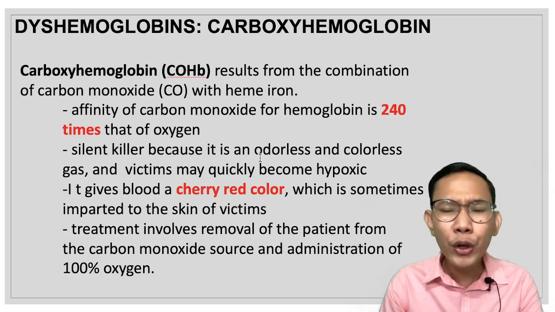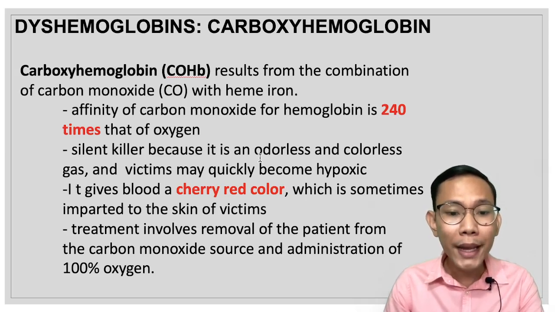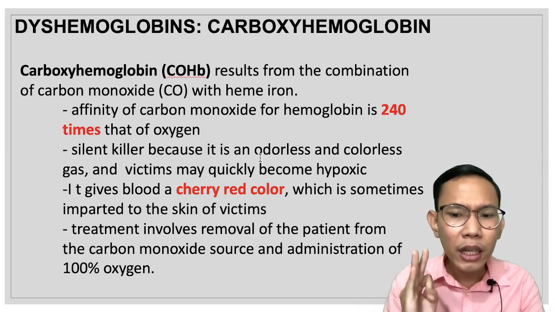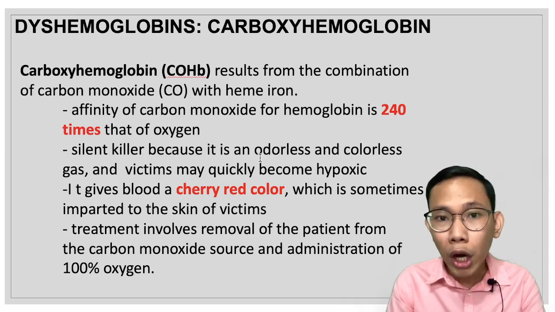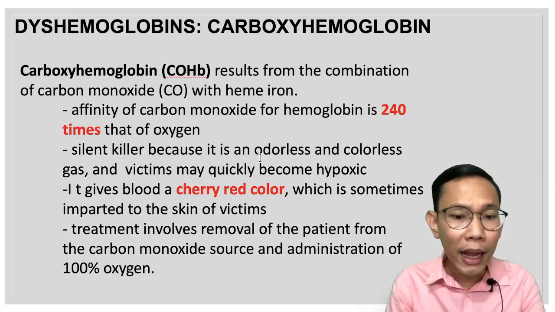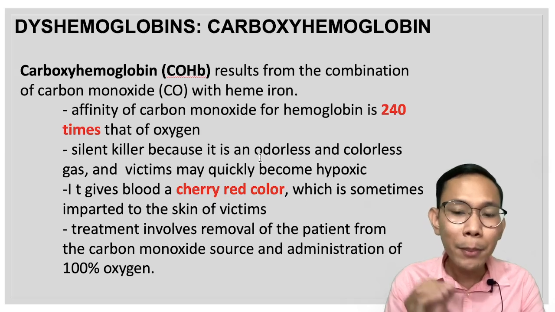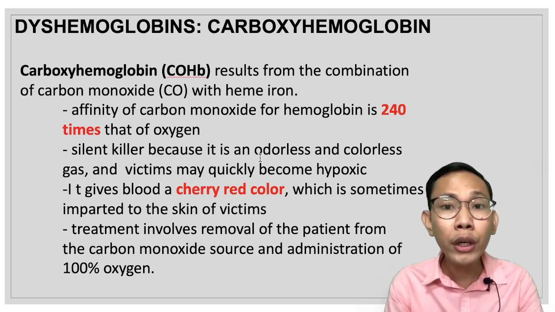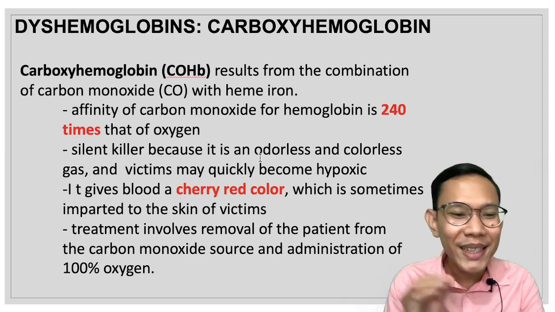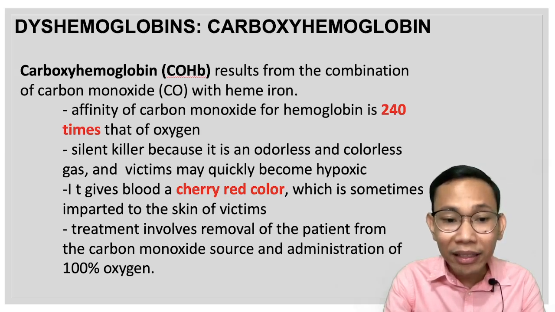So, Doc, ano bang sources ng ating carboxyhemoglobin? Usually, it's an exogenous carbon monoxide that is derived from the exhaust of your automobiles, tobacco smoke, industrial pollutants such as your coal, gas, and your charcoal burning. So, exposure to your carbon monoxide may be coincidental, accidental, or even suicidal. Many deaths from your house fires are a result of inhaling smoke, fumes, or your carbon monoxide. Actually, this is very sikat sa aming time kasi a very good example of an accidental type of